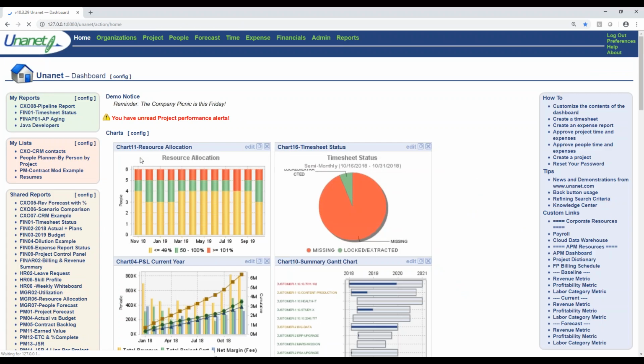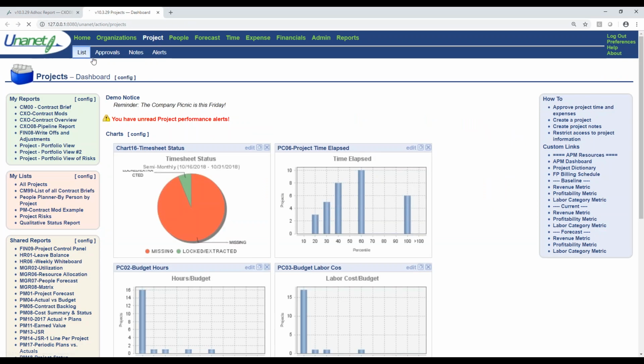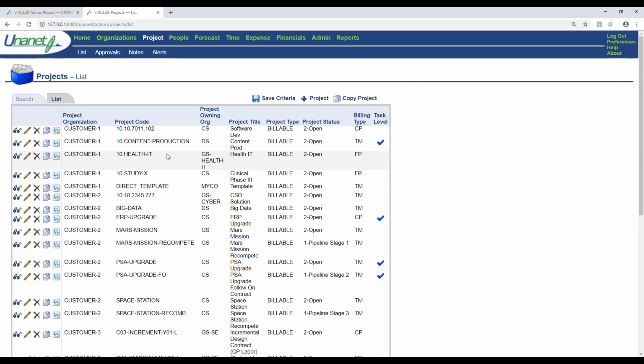The last report that I'd like to show is this pipeline report, because in Unanet, and this is just a browser feature, if I hold control and I click on a link, you'll see it opens a different tab in my browser. Here are the different projects that I have in my demo system.